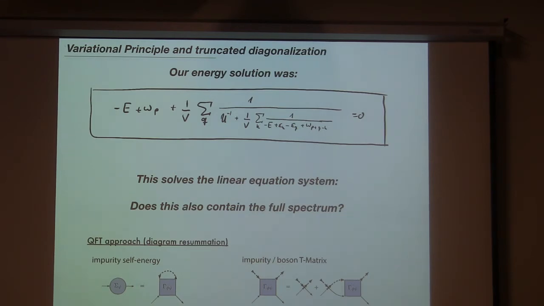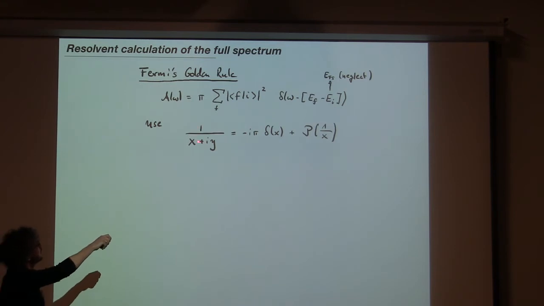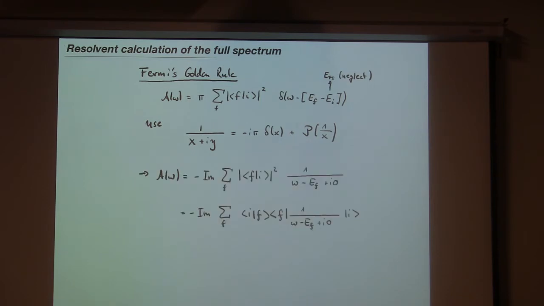But let's suppose we do not know diagrammatics in QFT, so how would we get this same result? For this, we have to go back to Fermi's golden rule. We can write the delta function in different representations. One representation is that we write it using Cauchy's theorem. We can always write 1 over x plus i times a small imaginary part as minus i pi times the delta function plus the principal value of this object. This we can insert as a definition of the delta function here.